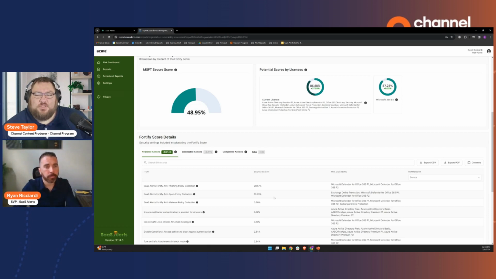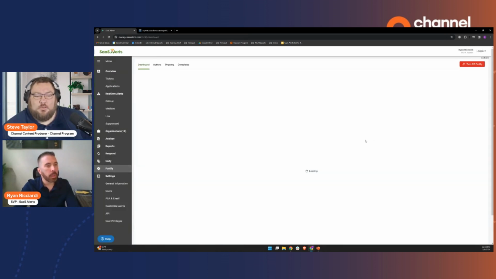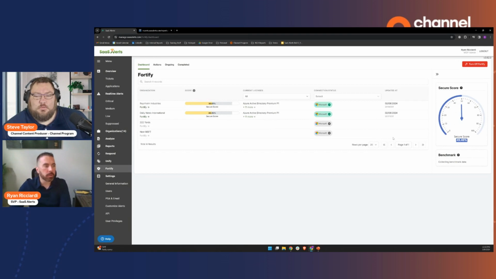Now, does the Fortify score yet give you points for things that you're doing in other platforms entirely, like Slack or Dropbox? Right now, no. That's the ultimate goal of it. It's going to be more of a SaaS secure score where you're saying, hey, across all of these things that you're using, I'm doing these things for you, and that's why you're sitting where you are. Right now, off the data that we've got from the guys that have used it, it's been almost exclusively Microsoft. So we're still fine tuning where those percentages should be.